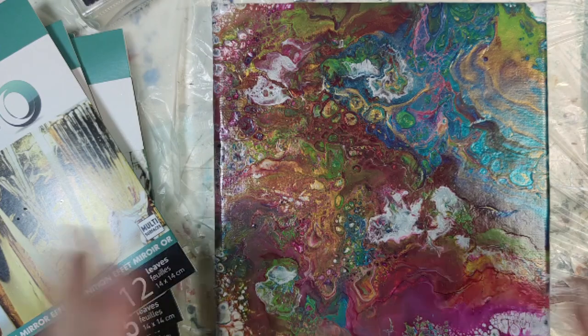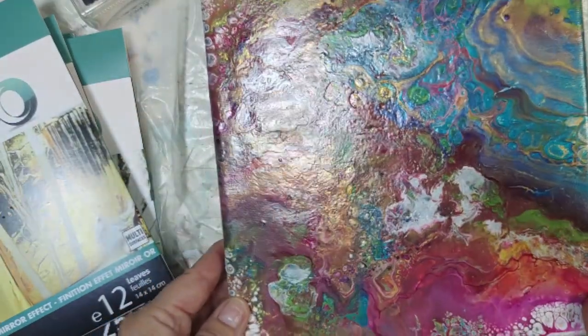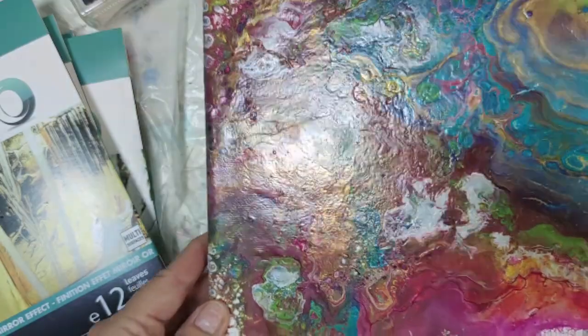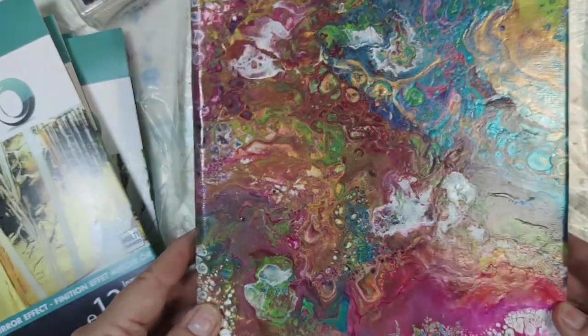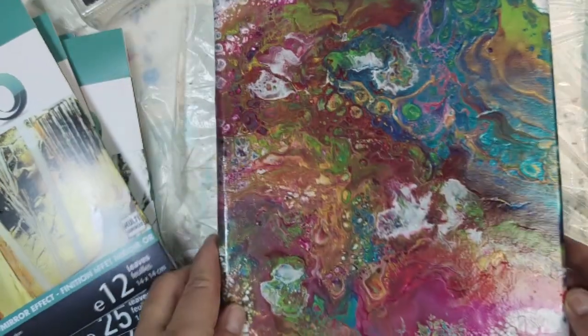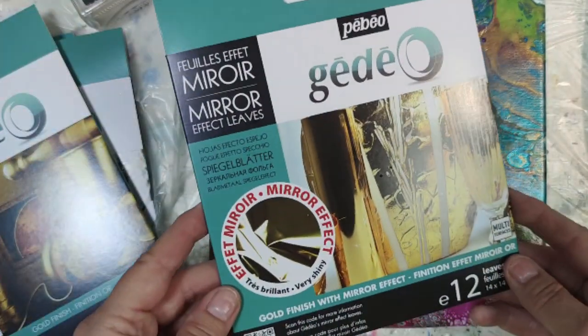Hi there. Today I'm going to be working on this canvas. This is an acrylic pour and I think it's already very pretty, but I just wanted to have a little play with something, so I thought this might be a good surface to work on. And what I want to use is the Pebeo